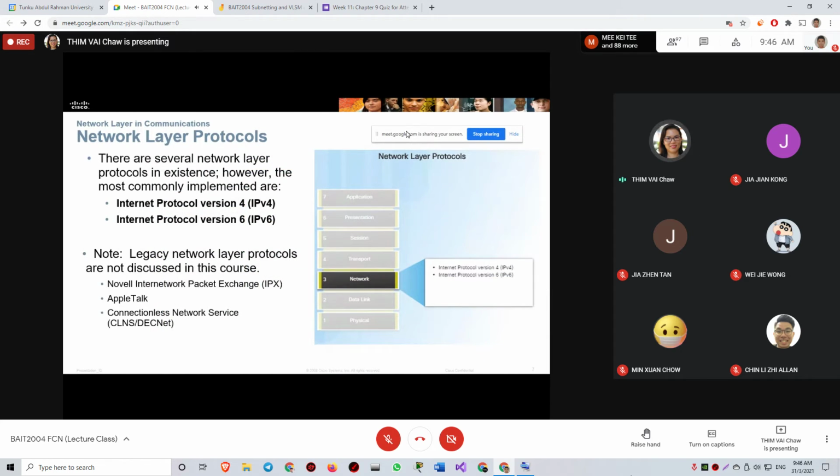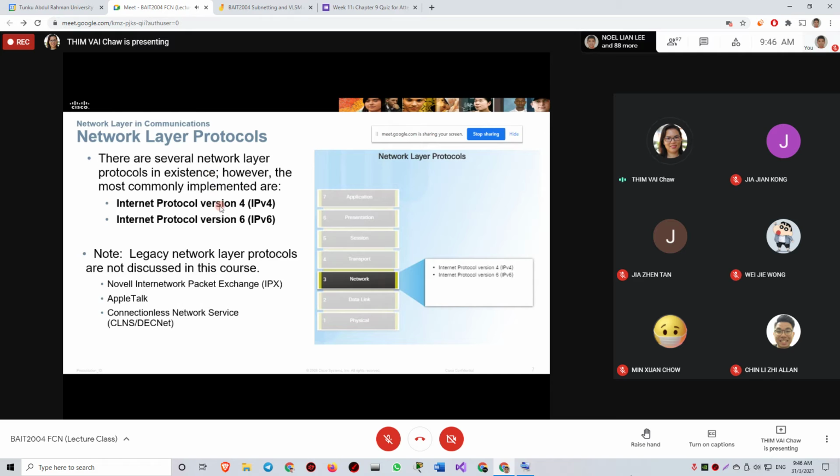So now we are going to look at the format of the IP address. Usually the format is just for your knowledge, okay? It's not really tested in your final exam. Usually it's asked about the advantage of IPv6 over IPv4 rather than the detail of the header information. So anyhow, just want to give you the idea that there are several network layer